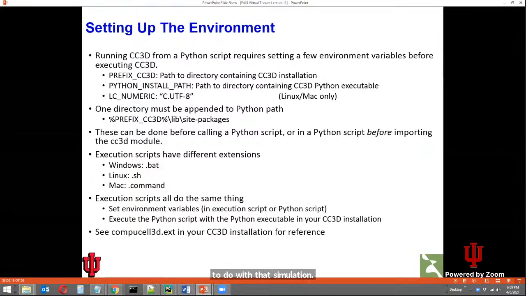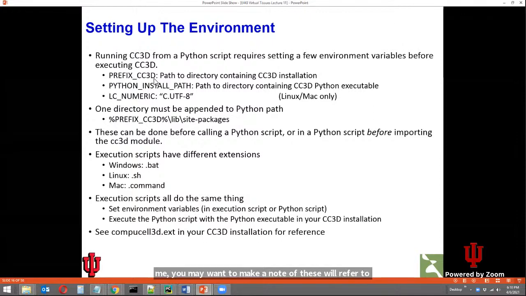So setting up a Python script to be able to execute CompuCell3D through the API does require a couple of prerequisites that are ordinarily done for you by Player. And this is a very short list. This may look like a lot of information, but overwhelmingly the bulk of the information is contained here. So there are a couple of environment variables that have to be set for CompuCell to know where to find things. So for those of you who are following along and would like to actually go through the exercise with me, you may want to make a note of these. We'll refer to them again, but